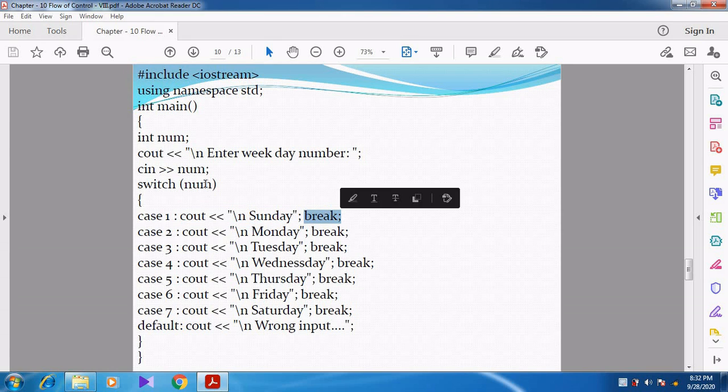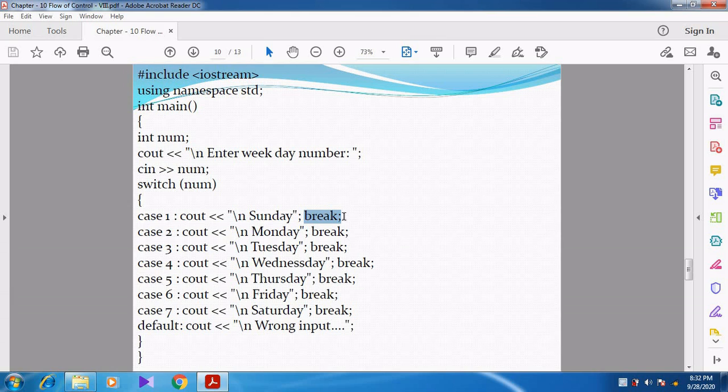So whenever the user enters 1, that 1 is passed to the switch statement, and then it matches with case 1. So when case 1 is matched, automatically it prints Sunday, and then we come out of the switch because I have given break.